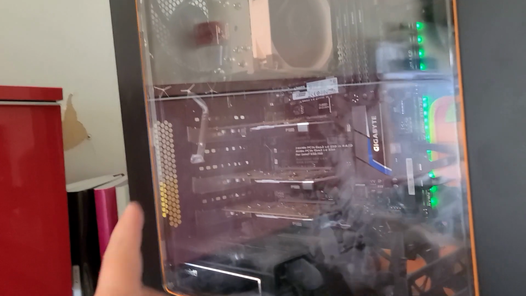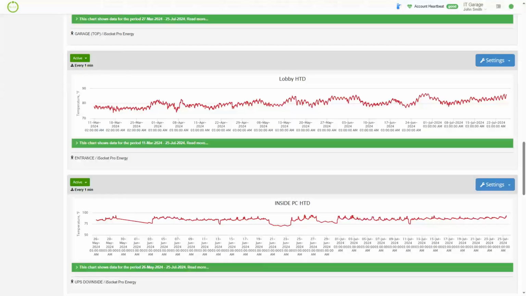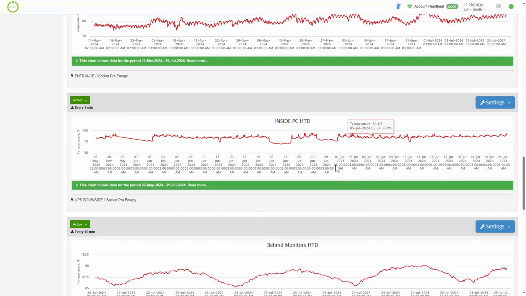Here is the sensor inside the computer case. Let's see this one. So inside the PC, inside the computer, I put the sensor. I will show you, or you have already seen, I don't know how I will edit this video, but that is what I want to monitor, how cool or hot it is there. So you can see in Fahrenheit for the last 3 days.